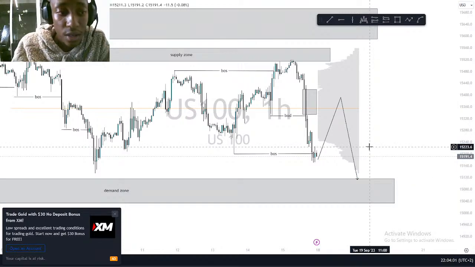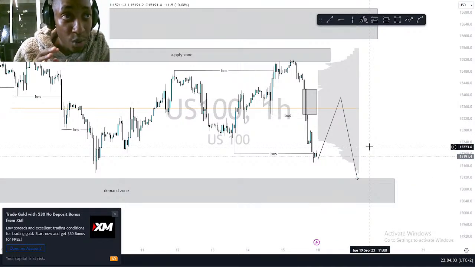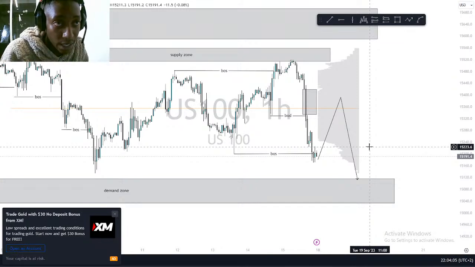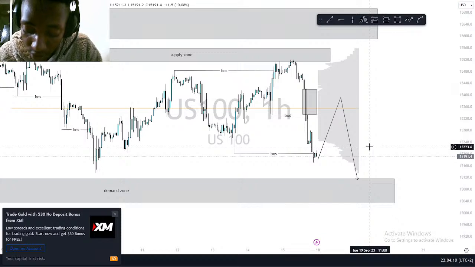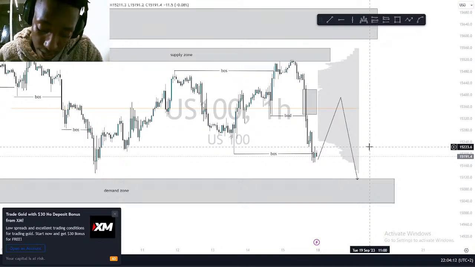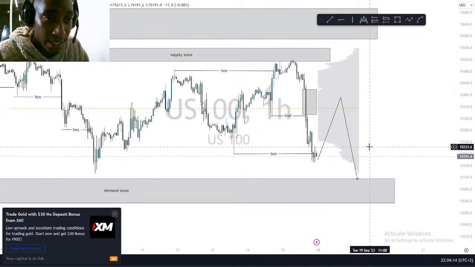So I stick with this setup. This is what I would love to see this week. You understand? This is what I would love to see on the market this week. So we are done with our